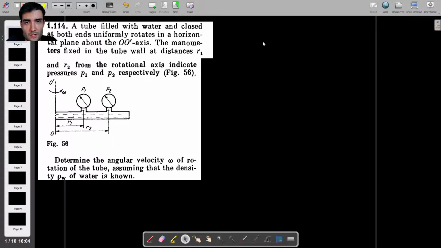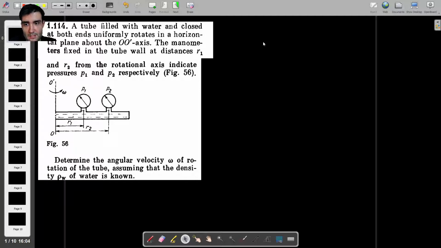Here's a fluid mechanics question that looks at a non-inertial frame of reference, which has the form of a spinning tube, and then there are two manometers attached to that tube where there's some water. Knowing the pressures, or being able to read what the manometers tell us, we have to find out what is the angular velocity